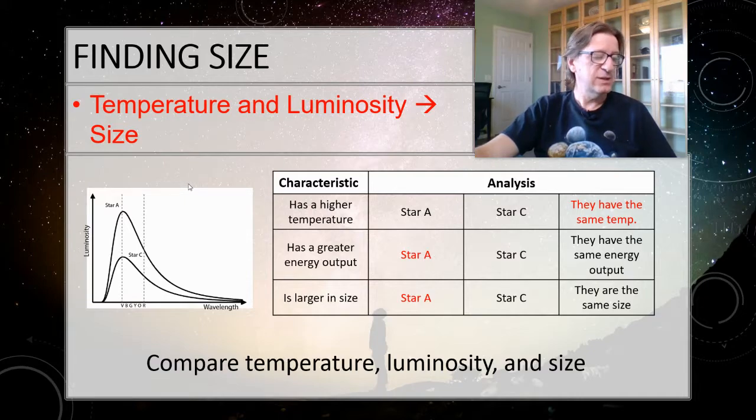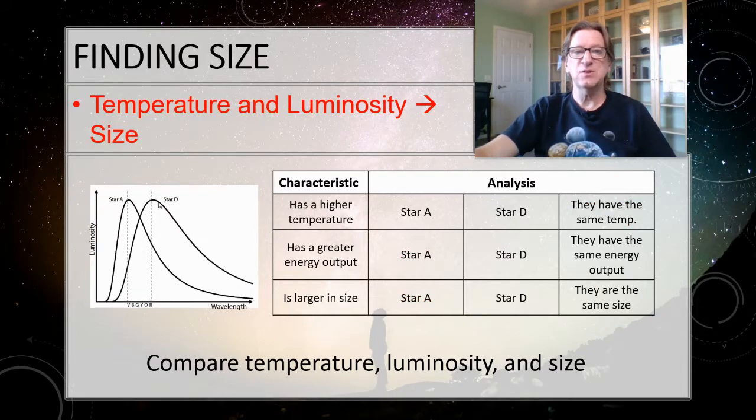All right, look at the next one. You've seen this graph before, so hopefully you remember what the answer is, but let's see if we can work it out. Once again, this time I want you to do all three. So pause the video and do all three of these before we come back. Do that now. All right, so star A is here, star D is here. Which one has the higher temperature? To figure out temperature, we're using the wavelength down here. Shorter, bluer wavelengths are going to be hotter. Star A peaks in the blue, star D peaks in the red. Hotter objects are bluer, so star A must be the hotter object.